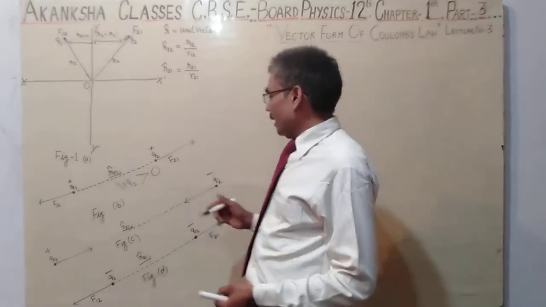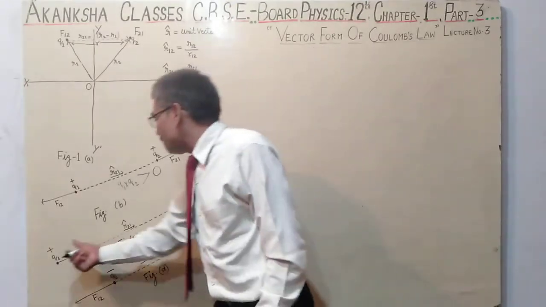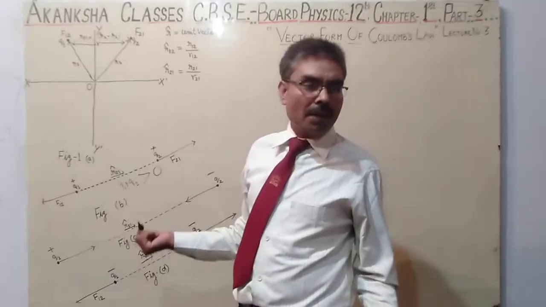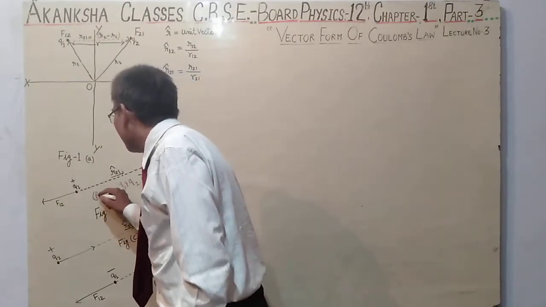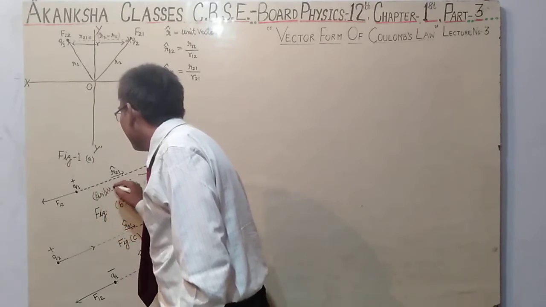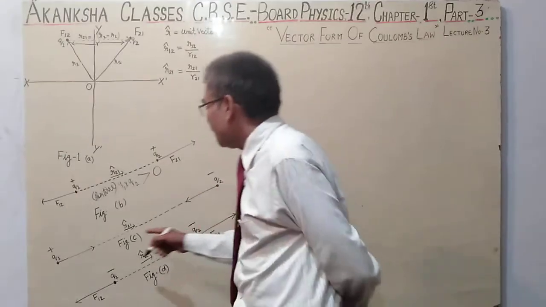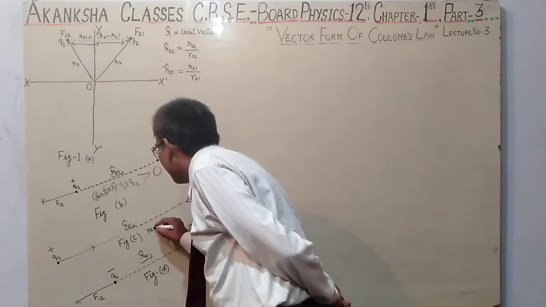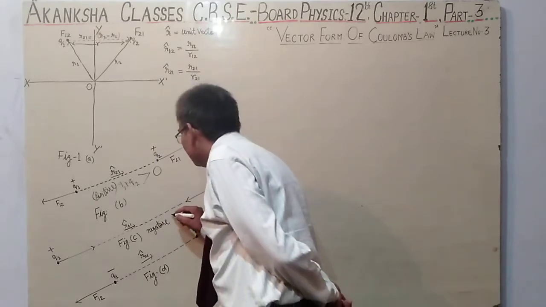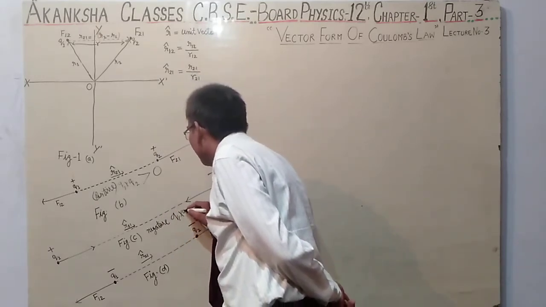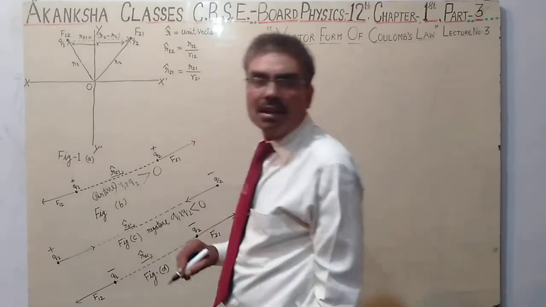But if they were unlike charges, what would happen? Their product, positive times negative, is negative. This means here the product is positive, and being positive, it is greater than 0, and here the product will be negative. This means the product of Q1, Q2 is less than 0, as negatives are